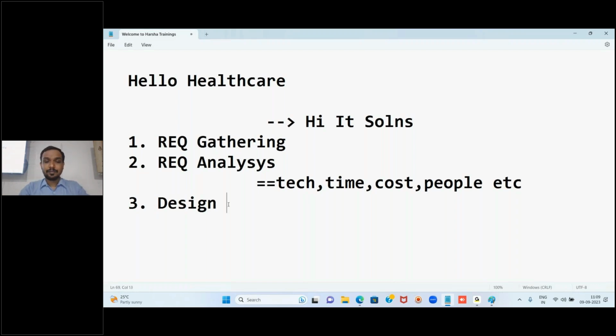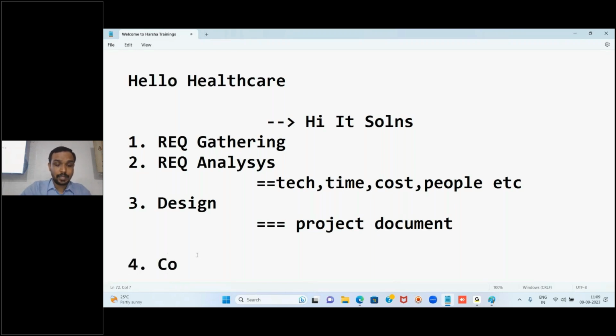And after this, the developer will come into the picture. Good. And what is the output of this? The detailed document will be there for your project. Understood? The project document will be there. They will be creating that project document. In the designing phase, whatever has to be done, with all the details, one document will be created. Then this is very important.